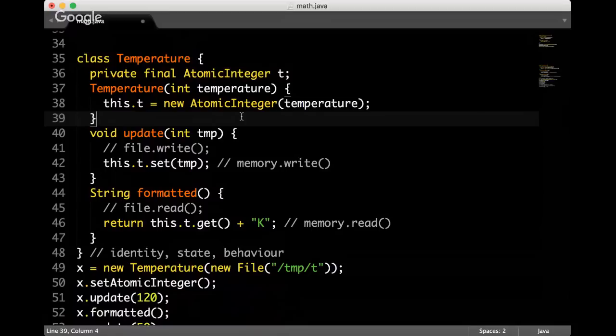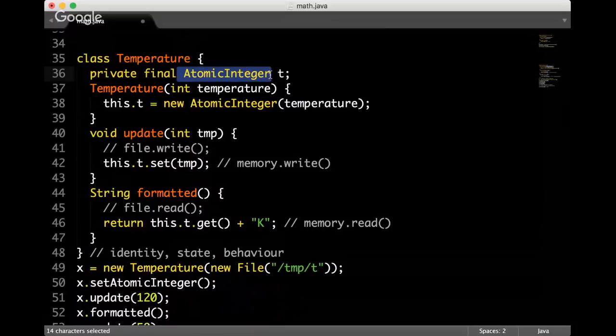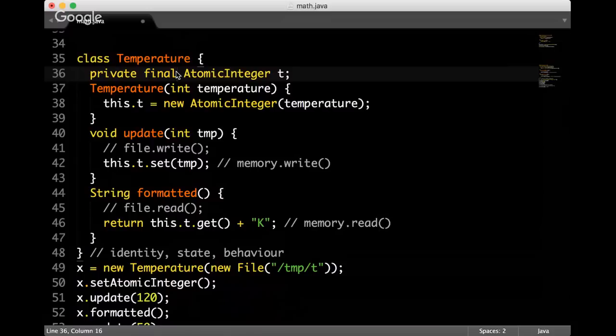So that's how we started, when the temperature was just a constant, which was able to format itself, and that's it. But now we have a temperature which is more powerful, but still immutable. And it points to the piece of memory, just like it points to the file. So my point is that the file and the piece of memory are exactly the same thing for an object. For this temperature object, it's exactly the same to work with the file or to work with a piece of memory. As long as this thing is final, as long as I'm always working with the same file, the same piece of memory, I'm fine, I'm immutable.